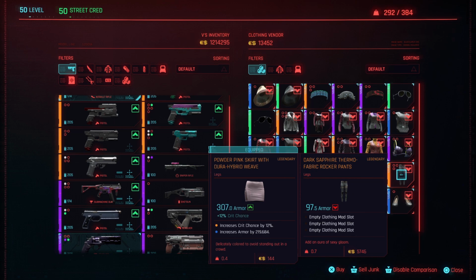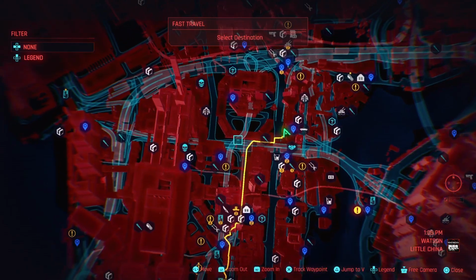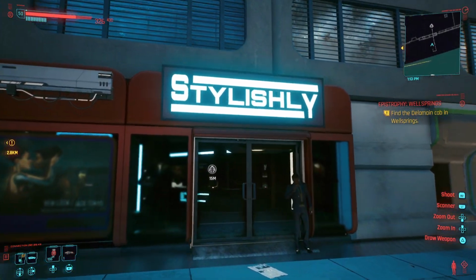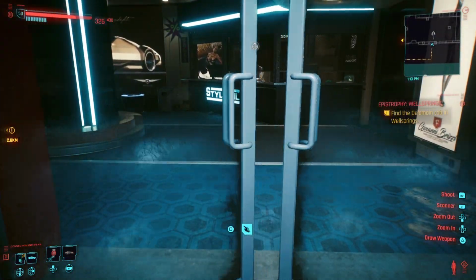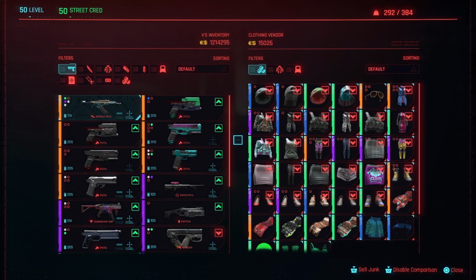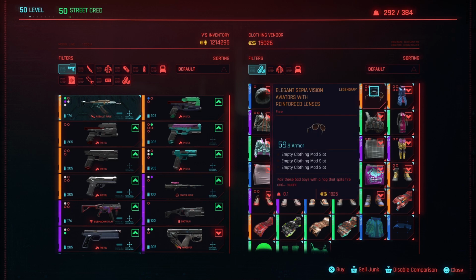Once you've gotten all the legendaries your heart desires, follow me to Little Chinatown in Watson. And let's go ahead and fast travel to Metro Med Center. Walk up to the Stylishly clothing shop and speak to the vendor. And this cool looking guy with the zebra printed tracksuit is going to sell the legendary Elegant Sepia Vision Aviators